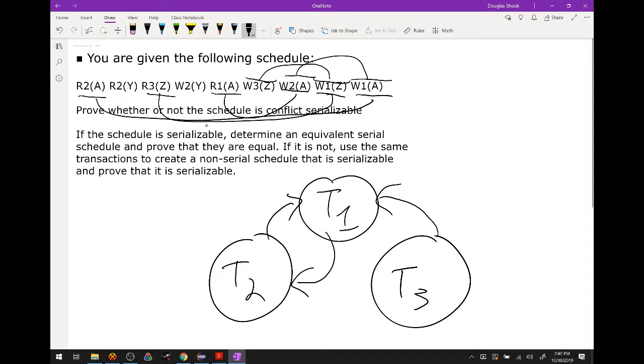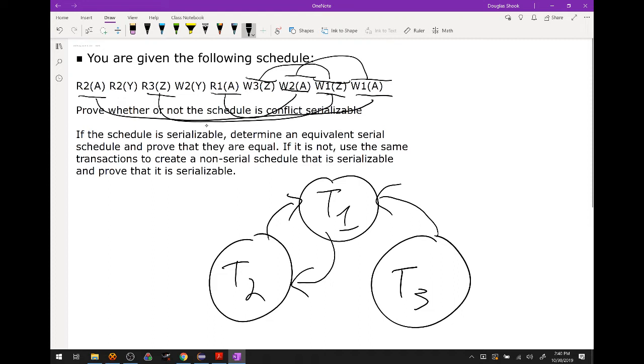So we need to examine the conflicts that exist between T2 and T1 and see if we can get rid of one of them. See if we can rearrange one of those things. So if I look at this one, R2 to W1 is between transaction 2 and transaction 1. This one, though, is going to be tricky to do anything with because it involves the very first and the very last transaction. It's going to be difficult for us to reorder those in such a way that would avoid that conflict.